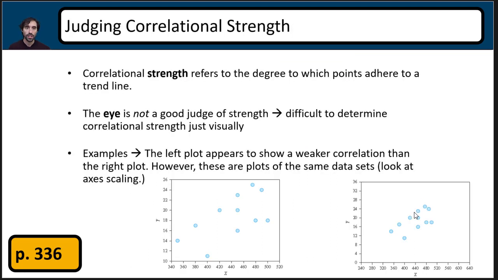Okay. So correlational strength refers to the degree to which points adhere to this trend line. That's what we were just looking at. We've said it before, don't always trust it from the eye. We need to actually get some true information. So here's an example right here. The left plot shows a much weaker correlation than the right plot. And you can see an idea of as the x value increases, so does the y, but it is much more scattered everywhere. And so that's something to take into consideration when you're looking at something